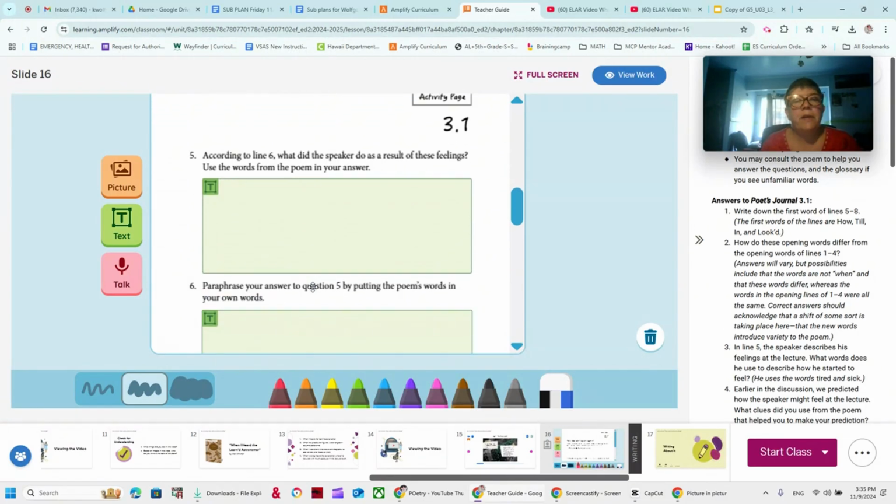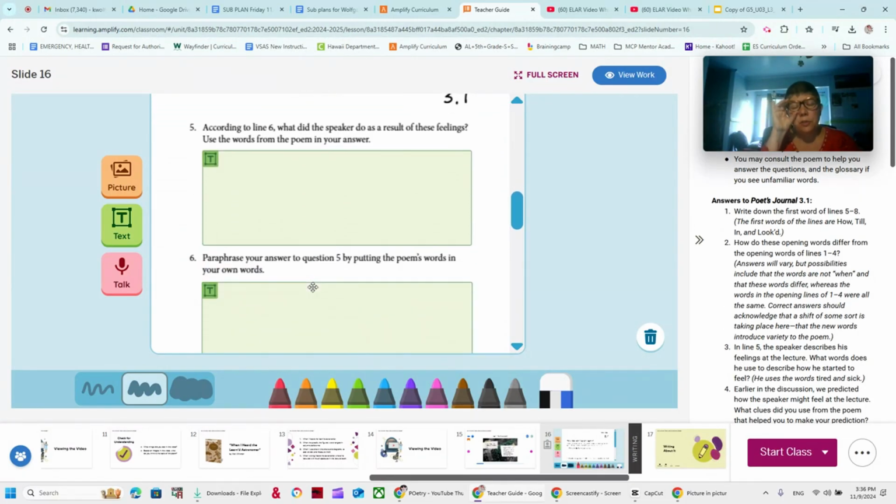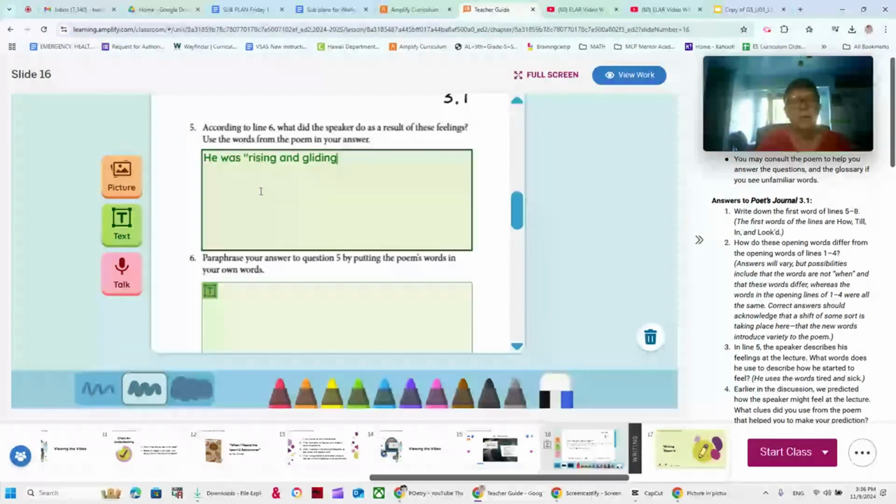Okay. Number 5, according to line 6, what did the speaker do as a result of these feelings? So in line 6, use the words from the poem in your answer. Rising and gliding out, I wandered off by myself were the words from the poem. So maybe you wrote, he was rising and gliding out. I wandered